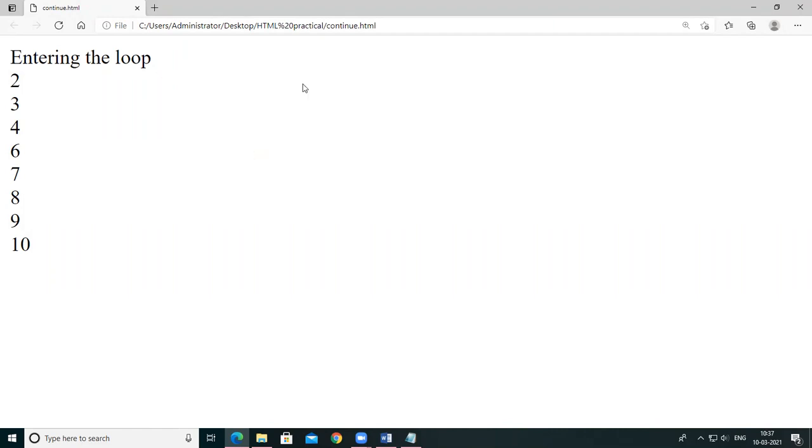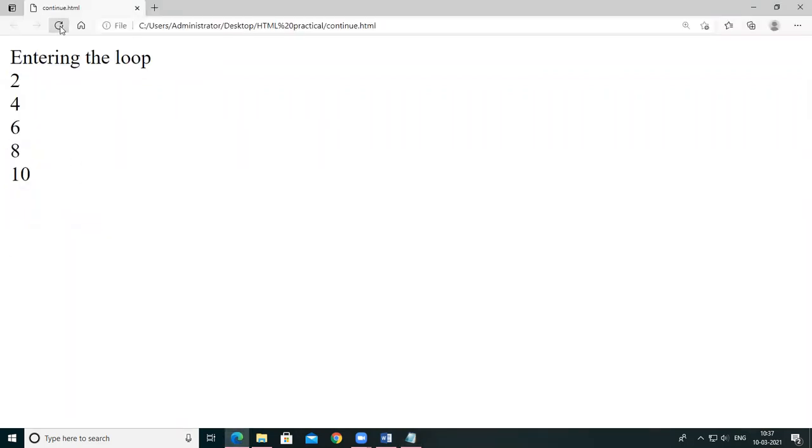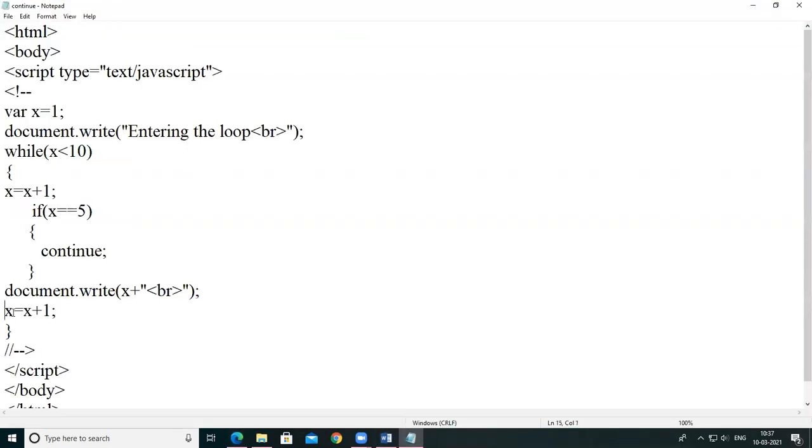So what is the difference? You just see here, these numbers are printed here. So I'm taking that number from 1 also. So I'm taking it here. Sorry, does not take it here.